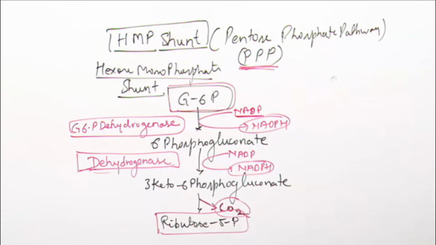Clear? Any doubt? Means 1 molecule of glucose 6 phosphate is converted to ribulose 5-phosphate, and in this conversion 2 NADPH are produced and 1 CO2 released. Clear? If we simplify,